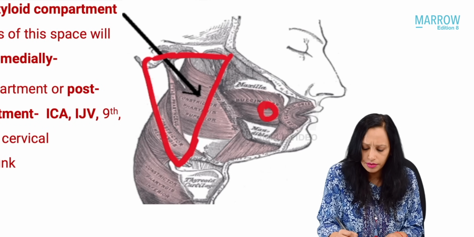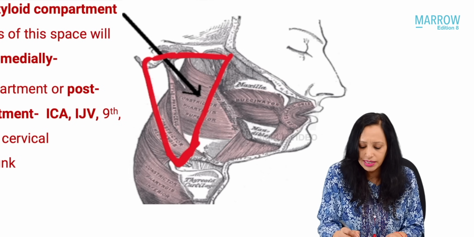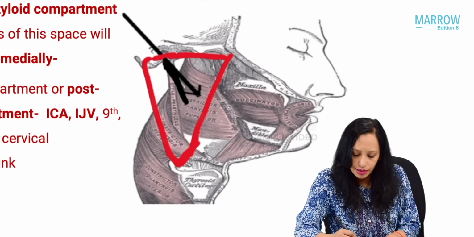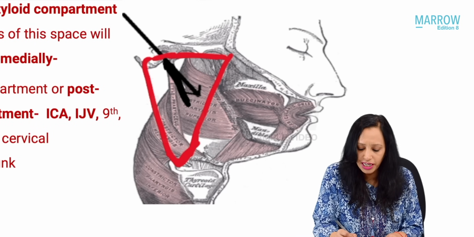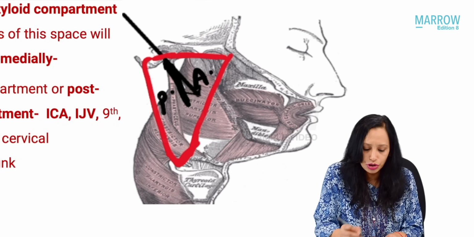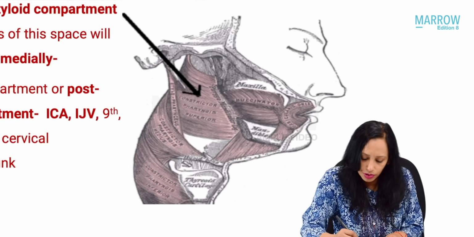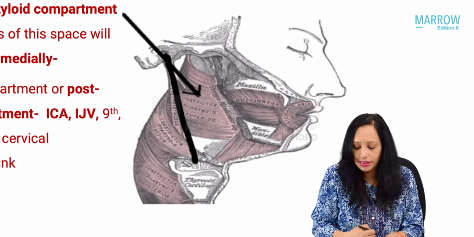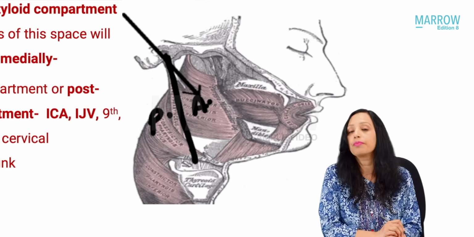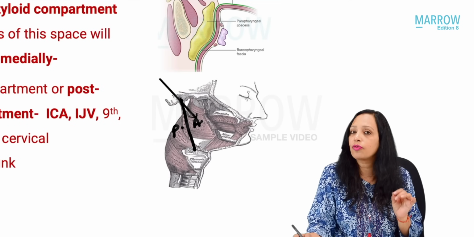Now, the parapharyngeal space is a pyramidal space starting from the base of skull above going till the hyoid, right? And this space, as we can see, is divided by the styloid process into a space which lies anterior to the styloid process and the one that lies posterior to it. So now let me rub this, which means that here we have the styloid process and the muscles attached to styloid. So this here is the anterior compartment and this is the posterior compartment. Till here is it clear?